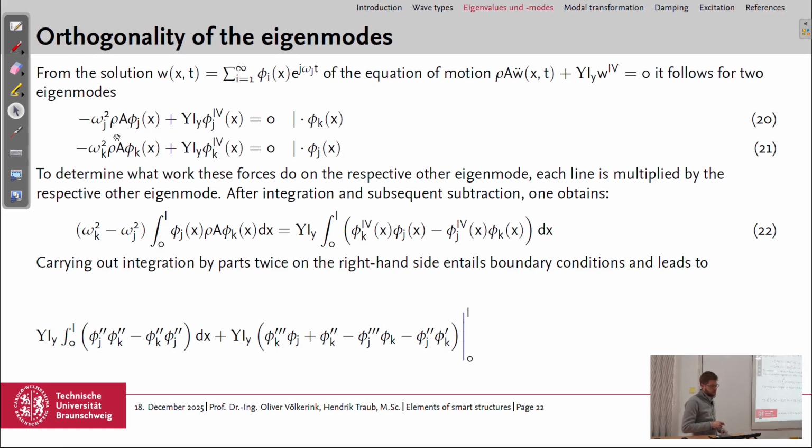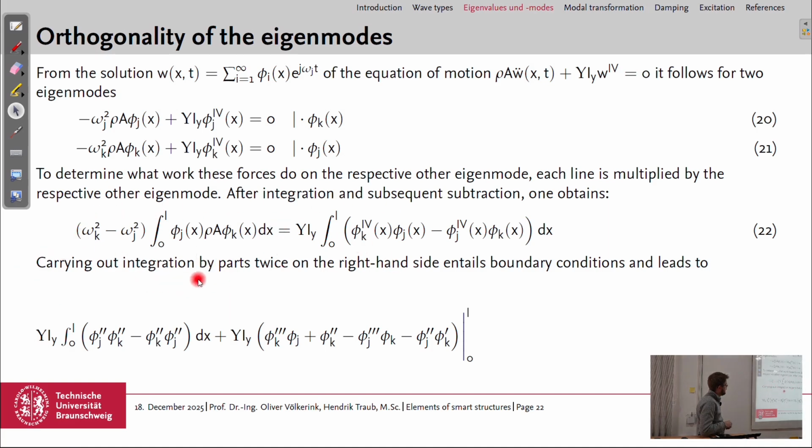And now we want to test something. We want to test if one eigenmode can perform work on the other eigenmode. And to do that, we multiply these equations with the other eigenmode. So we multiply this description of the eigenmode k with the equation or the solution for eigenmode j and the other way around. Then we perform some integration and subtraction actions. We come up with this long equation,